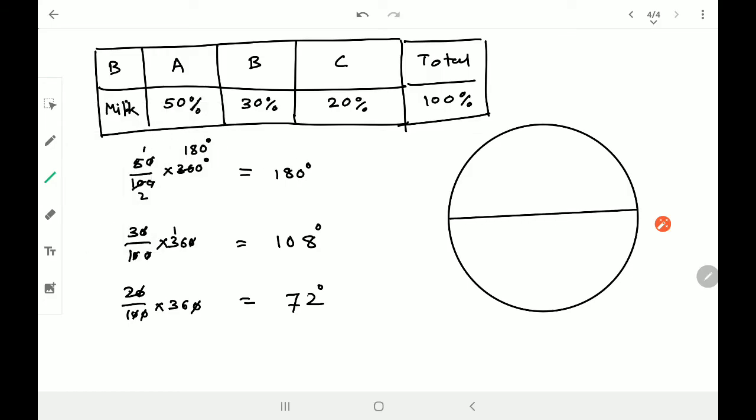180 degree. Now I'll just mark the center. I can go for 108 degree. So here I have 108 degree. If I draw in this way, this will be 108 degree. This is going to be 180 degree, and the remaining one has to be 72 degree, and that's it. So this is my A, this is B, and here is C. Clear? Getting it? So you can try a few questions today in this manner.